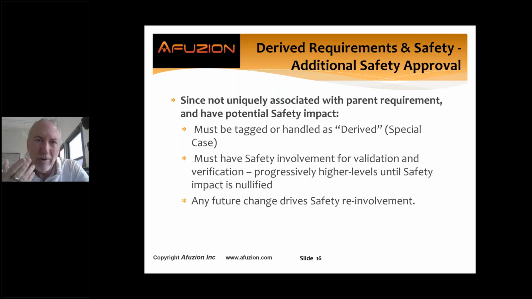When you review a regular decomposed requirement, you review it. Ooh, what are the 5 inputs to a requirement review? The requirement you're reviewing, the parent requirement, traceability from the parent to the requirement, the standard, and the checklist. But guess what? If it's derived, it doesn't have a parent. It doesn't have traceability to a parent.